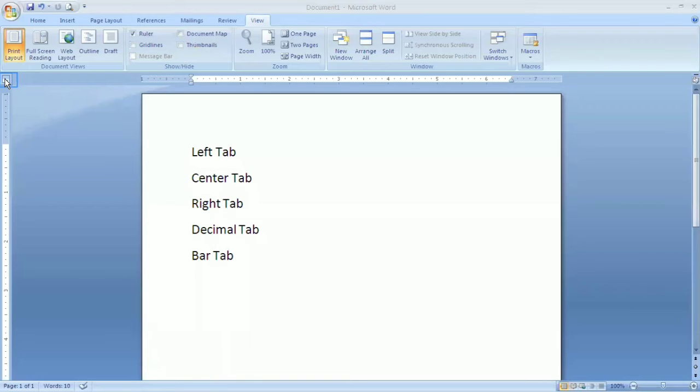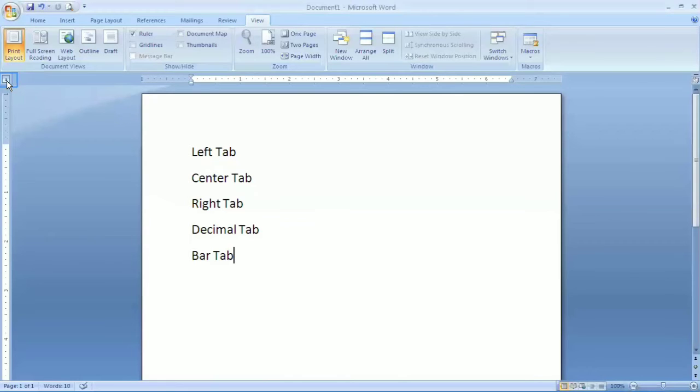When I click on it again, this one is my center tab. One by one, when I click, after center tab, right tab will come, then decimal tab, and then bar tab. Click on it. This one is my right tab. Click on it. This one is my decimal tab.